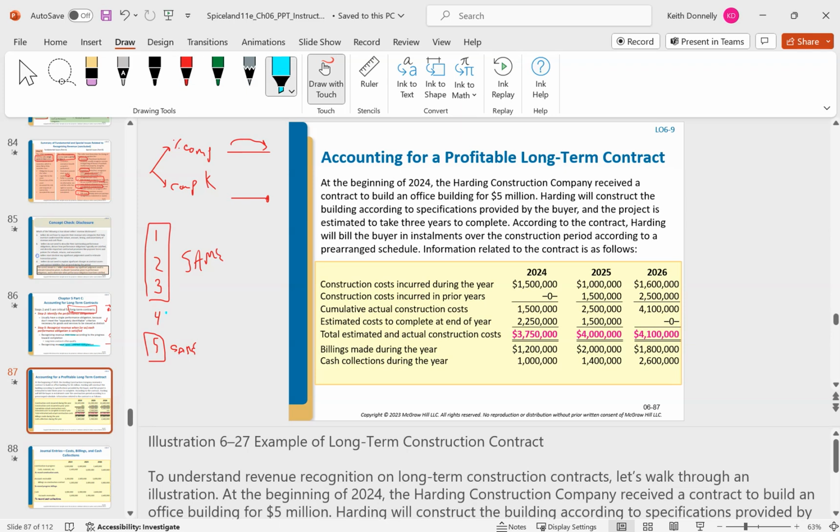Entry 4 is going to be different. And with 4, I'm just going to write it out. We'll come to it. It's going to be generally a debit to something called CIP, construction in progress, a debit to